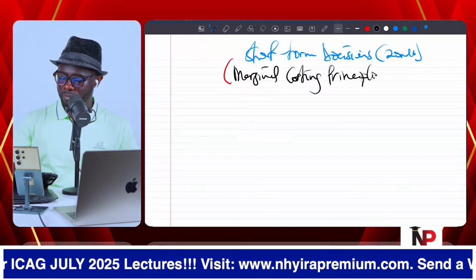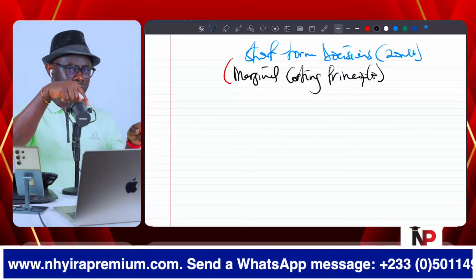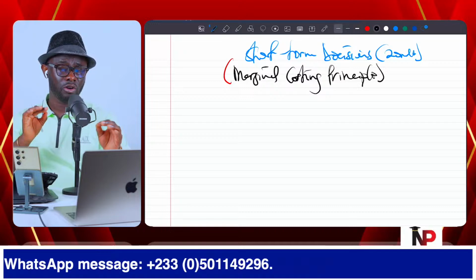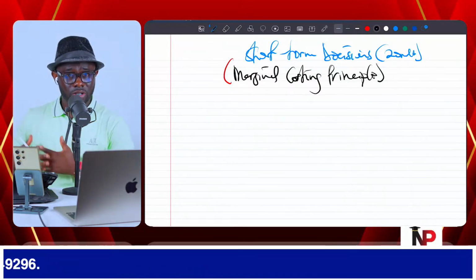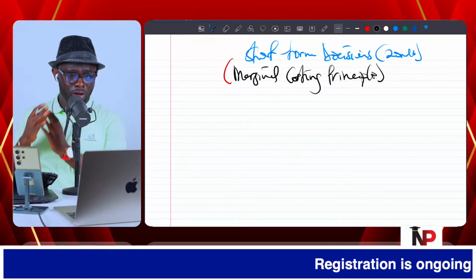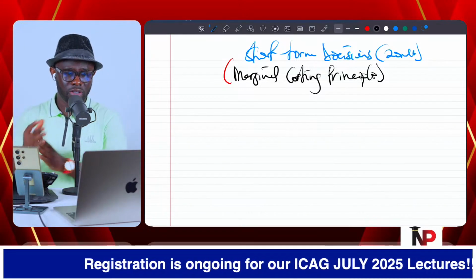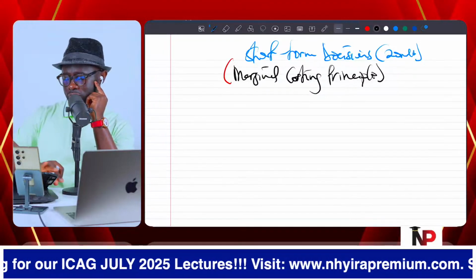You're going to be applying the marginal costing principle. That is why your introduction is important, because you are applying the marginal costing principle in variance analysis. You get to short-term decisions, you're going to apply that. You get to performance management or performance measurement, you're going to also apply the marginal costing principle. But under short-term decisions, you are going to be applying the marginal costing principle here.